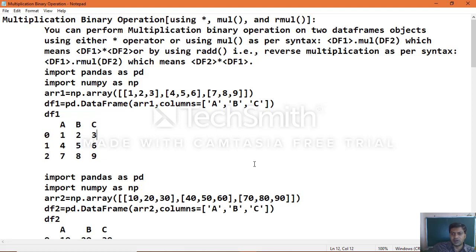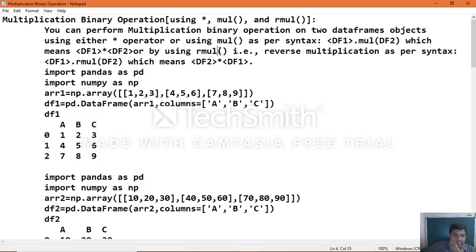As per syntax, data frame object 1 dot mul of data frame object 2 means df1 is multiplied with data frame object 2. Or by using rmul, reverse multiplication, data frame object 1 dot rmul of df2 means data frame object 2 is multiplied with data frame object 1.